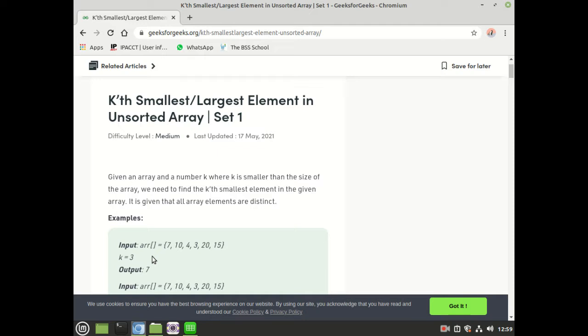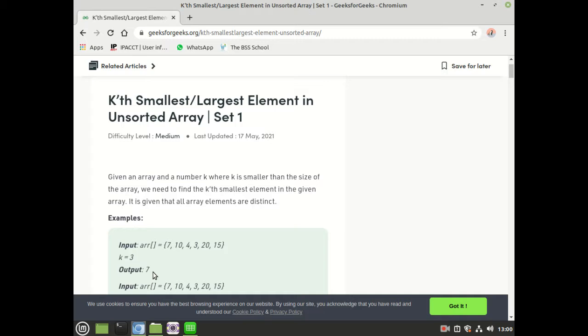That means you have to find the third smallest element. If we check in this array, then 3 is the smallest element, 4 is the second smallest element, and 7 is the third smallest element of that array. That's why you will give an output of 7.